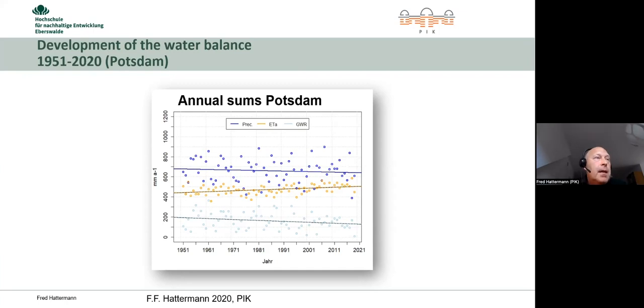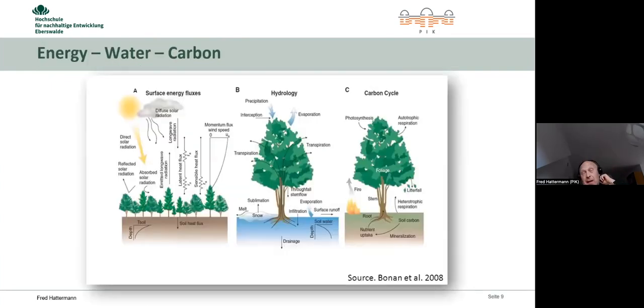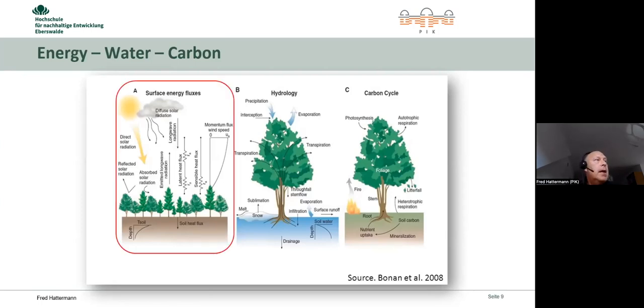And you may imagine that there are really conflicts nowadays over this precious resource of water. And as I said before, I think the key actor here is the vegetation. It's not only so because of the energy fluxes with latent heat, this is transpiration, and the radiation reflection. This is the albedo.